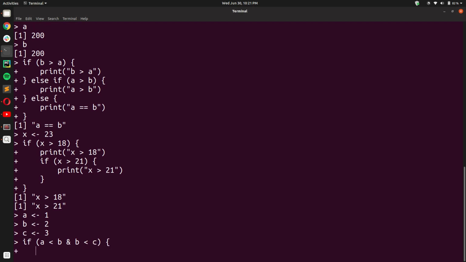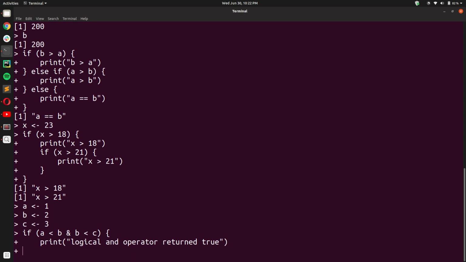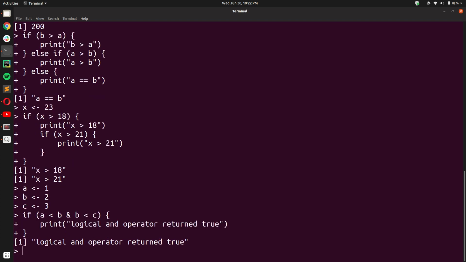If this is true, then you can print out logical AND operator returned true. So what do you think will happen when I press enter? Let us see. Okay, I got the output logical AND operator returned true, and this is because both the conditions on either side of the AND operator, a less than b and b less than c, returned true. If any one of them had returned false, this statement would not have executed, and I would not have seen logical AND operator returned true printed to the output.